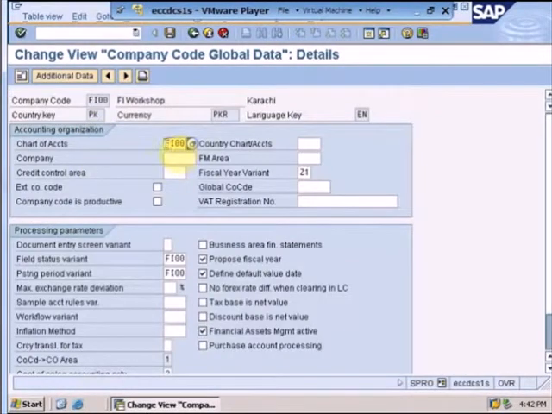here you see, from here we can assign the chart of account that we created to this company code. As you can see, a lot of information that was entered during the creation of the company code has been automatically derived. For example, the country, the currency or maintenance language, and a 4-digit company code identification. Once I have assigned the chart of account over here, by clicking save, the system will save all the properties.